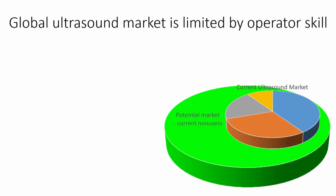So I'm just going to start with this premise that the global market for ultrasound is limited primarily by the need for a skilled operator. And if you're not familiar with ultrasound, this concept may be hard to understand. But raise your hand if you're a current user of ultrasound. Okay, so we have a handful of people in the audience, which is a perfect depiction of the current situation. A handful of people in the world use ultrasound, and everyone else is a current non-user limited by the skill